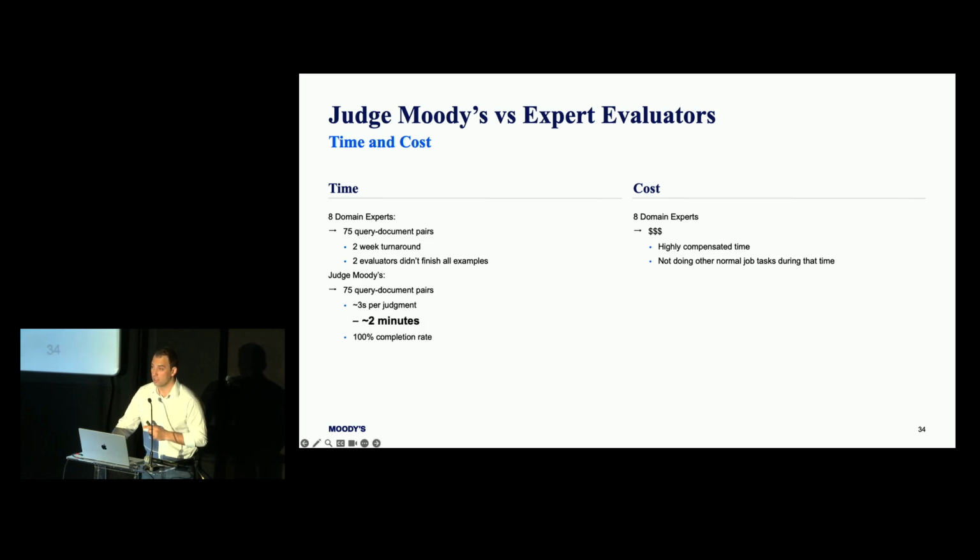On the other hand, Judge Moody's, for 75 document pairs at 3 seconds per judgment, we can parallelize those and run them concurrently. Generously, it takes 2 minutes to run these, and all of the judgments get done. And then it's also